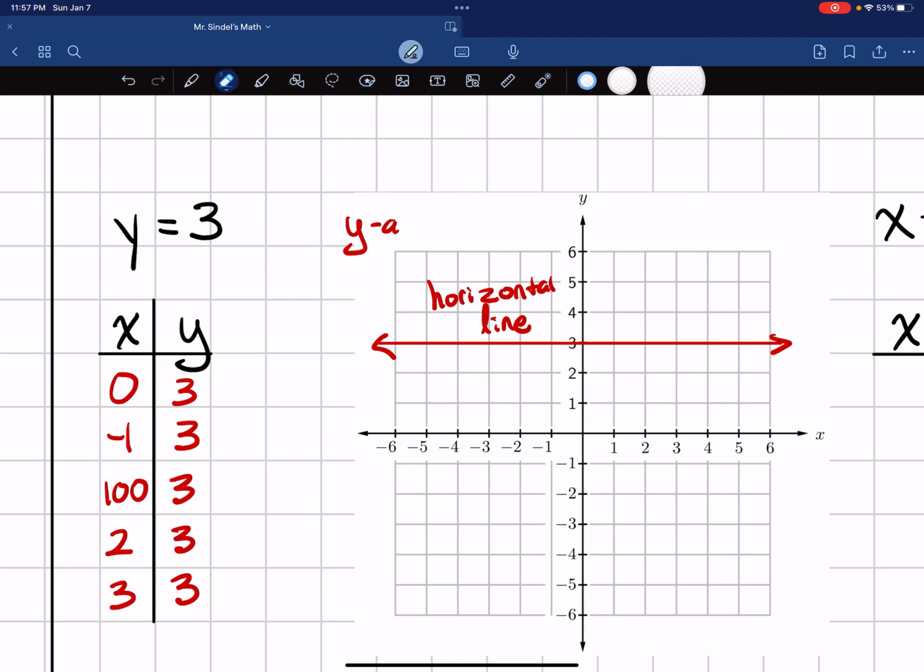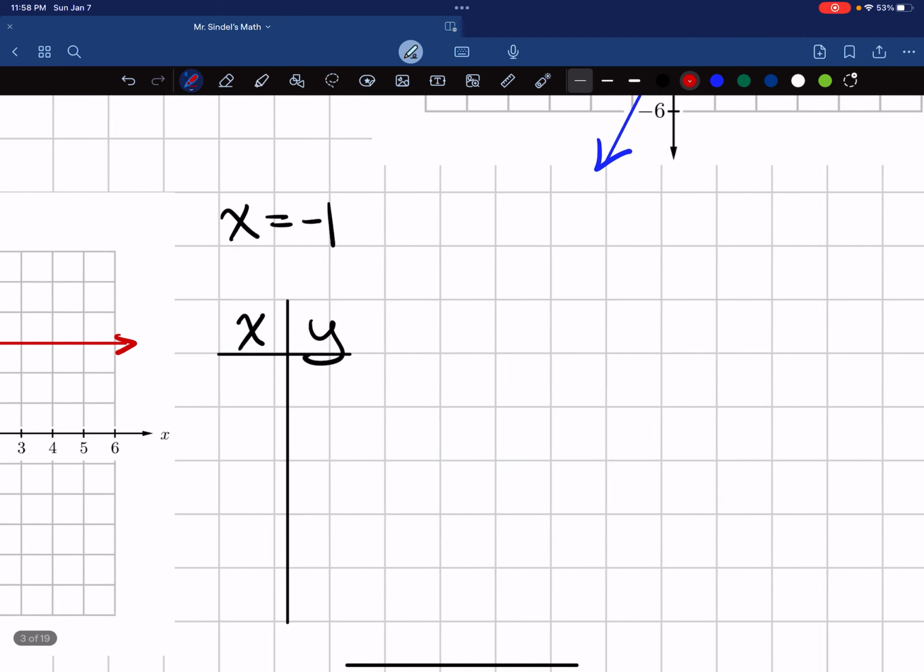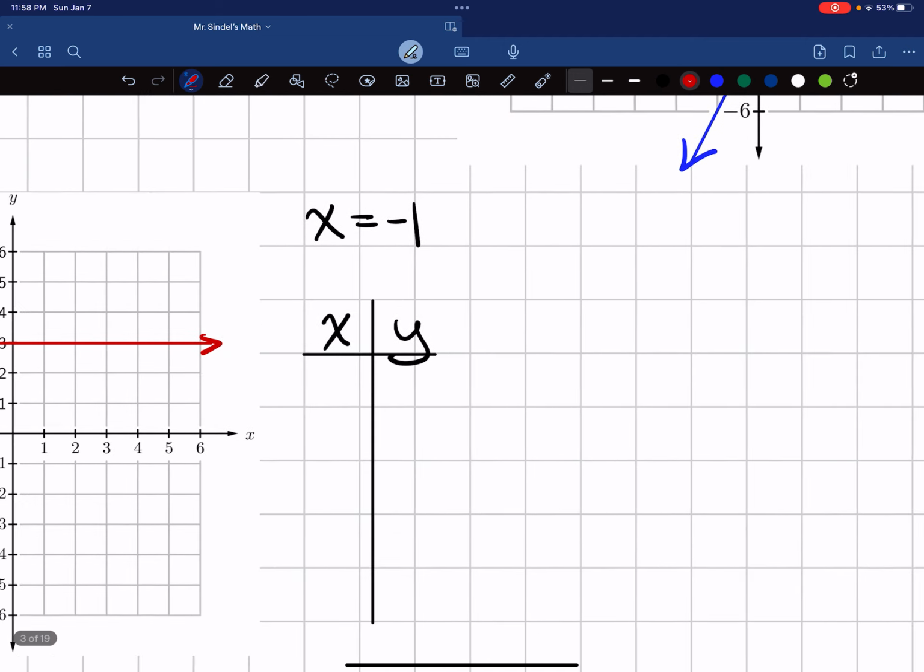That x is weird. It goes through the y-axis. That looks terrible. Let me try that again. Through the y-axis. There we go. Whenever you have x equal to -1, again, it's a set of instructions that says, hey,